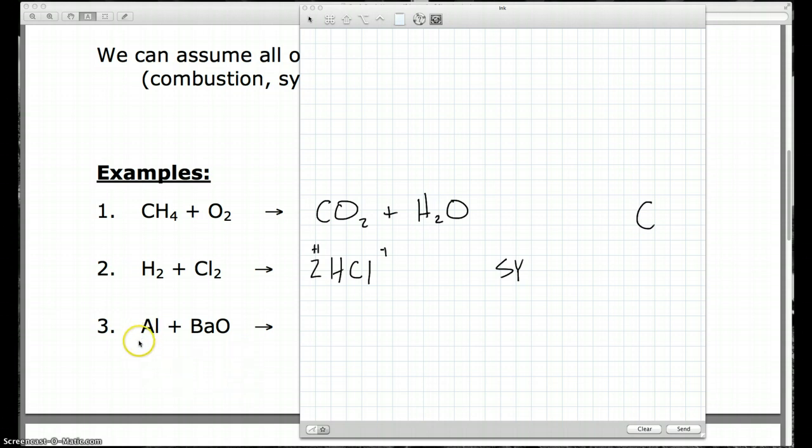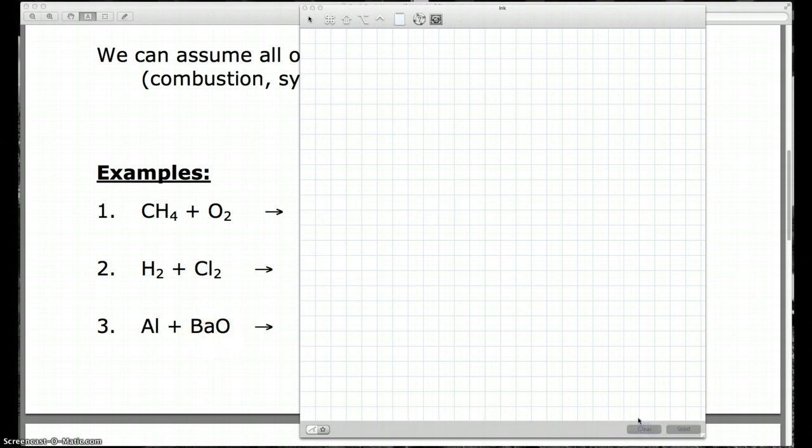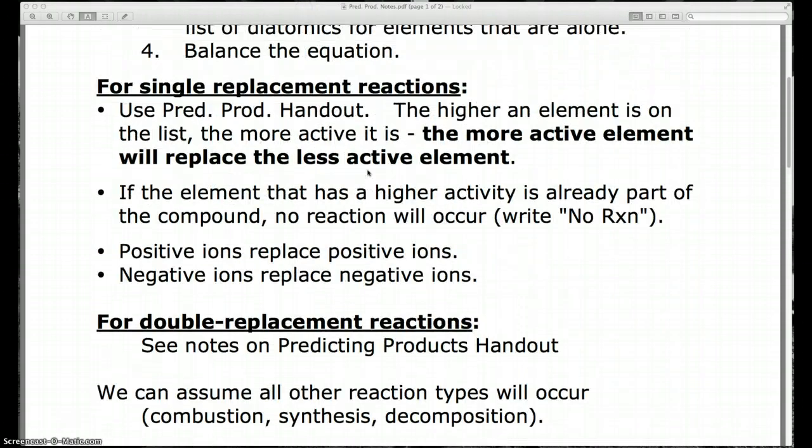Next one. This one, we have somebody alone and a dancing couple. So this is single replacement. And since it is a single replacement, we have a little extra work to do. The aluminum's alone, barium and oxygen are dancing. So what I'm going to do here, get rid of this, and we're going to go up, look at our